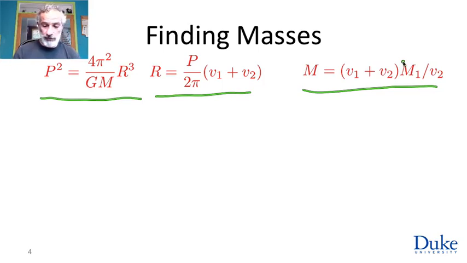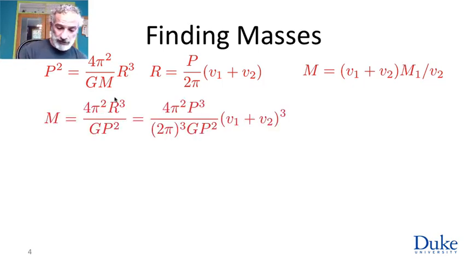So what I do first is I plug this expression for R into that expression. I solve this equation for M, multiplying by M dividing by P squared. And then, for this R cubed, I plug the cube of this expression, and then I see some handy-dandy cancellations going on here. Pi's cancel all over the place,